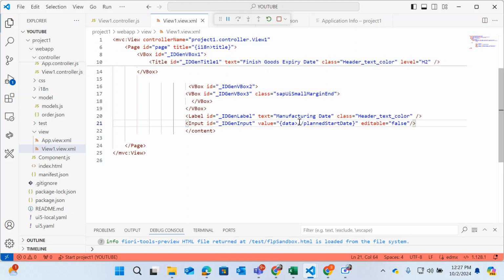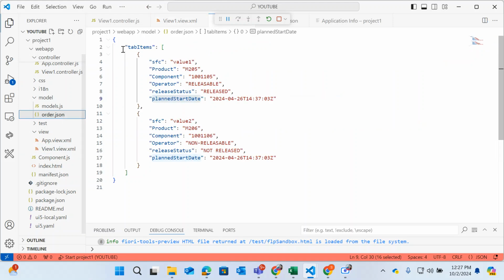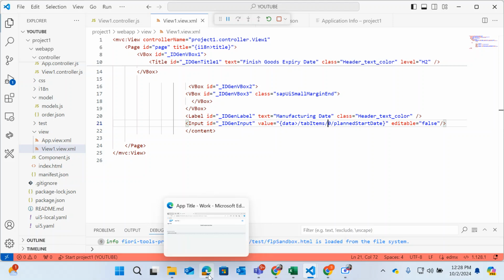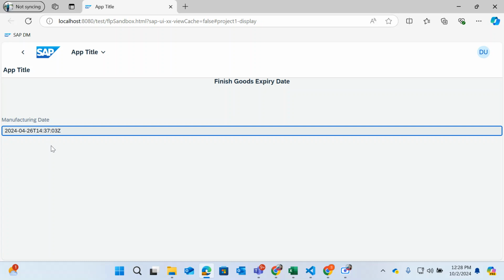Plus 0. What is your tab items, right? So just copy and paste the tab items name and give it here. In this way you can bind, and now go to your output and you can see it is